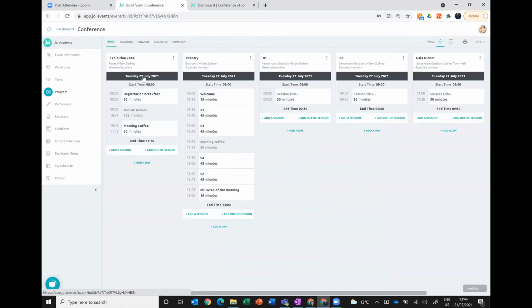So if I go back to build, I go, well, actually, my breakouts are going to start at, we're going to have an hour long for lunch. So I'll add another out of session because we're going to do, again, lunch in the exhibition zone. So that, again, is 105. And I add session and call it lunch. And I'm going to make that 60 minutes. So there we go. So we've now got the morning,